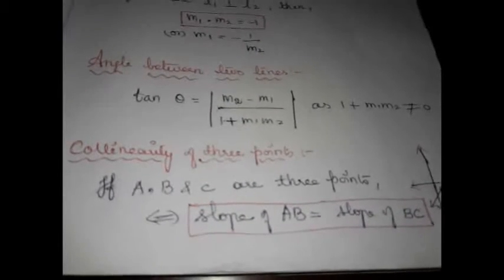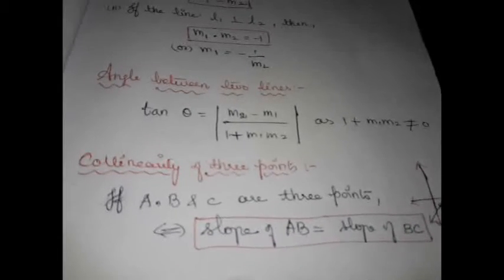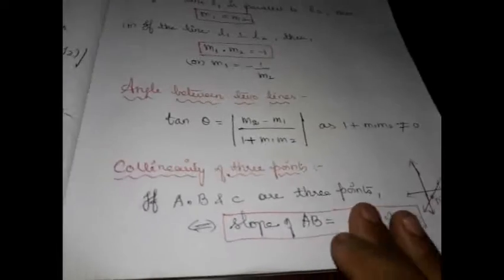So, in a question, if you get prove that the 3 given points are collinear, you can solve that problem in any way as you wish. Either you can find the slope of AB, slope of BC, and you can tell the slopes are equal, therefore the 3 points are collinear, or you can find the area of the triangle formed by the 3 points, and then you can tell area is 0 and hence the 3 points are collinear. Right? It is up to you. So that's it for this topic. With all these ideas, we are going to solve the first exercise in the chapter straight line.